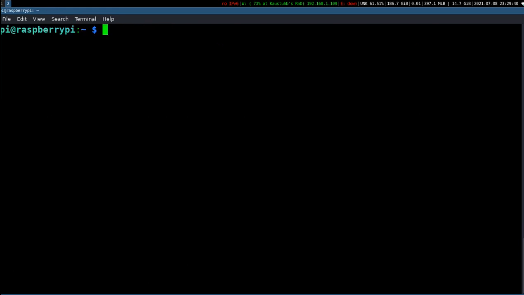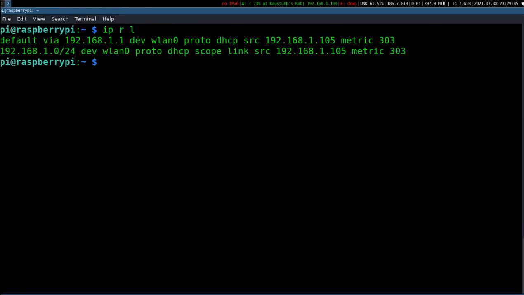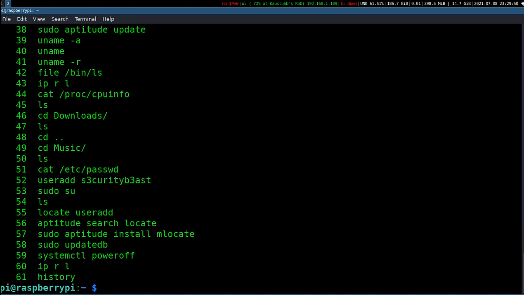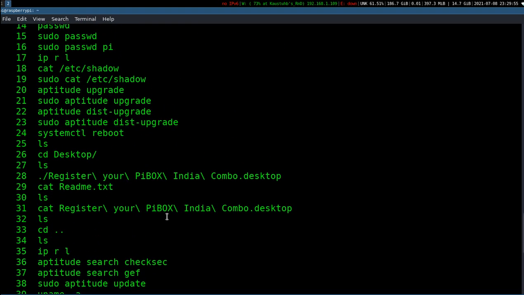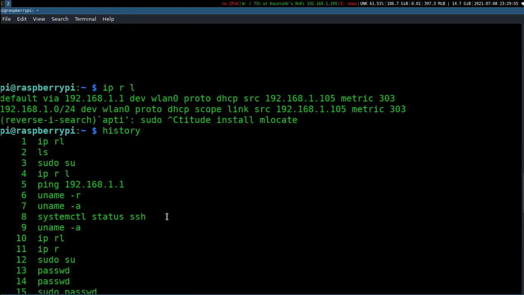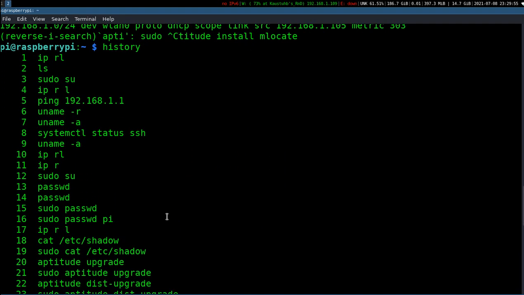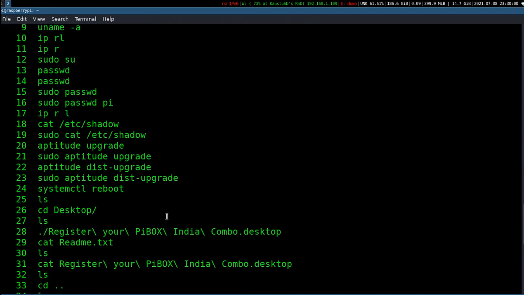Okay, till now what I did on my Pi is just install my favorite tool. I'll show you the history. I have installed aptitude. These are the commands I ran here.